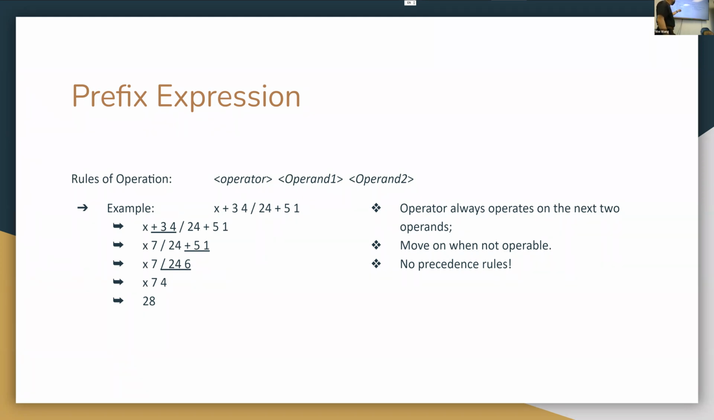And after that, we have divide 24 and 6, one operator and two operands. And so we can resolve that. We get a 4. And after that, we have